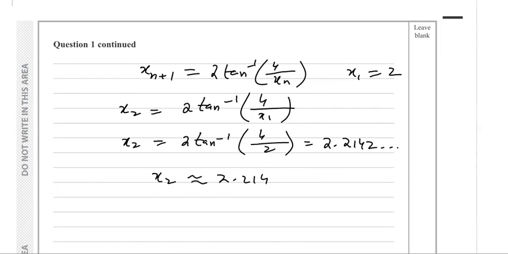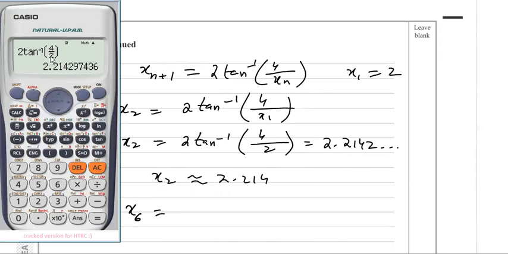But instead of that, once you found the value with the calculator, then for x6, in the calculator, in place of 2, just write the answer of the previous part, and then press equal. You will get the next value